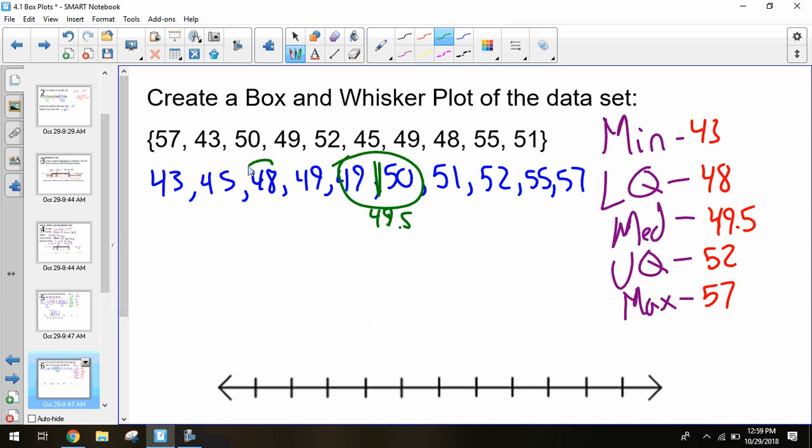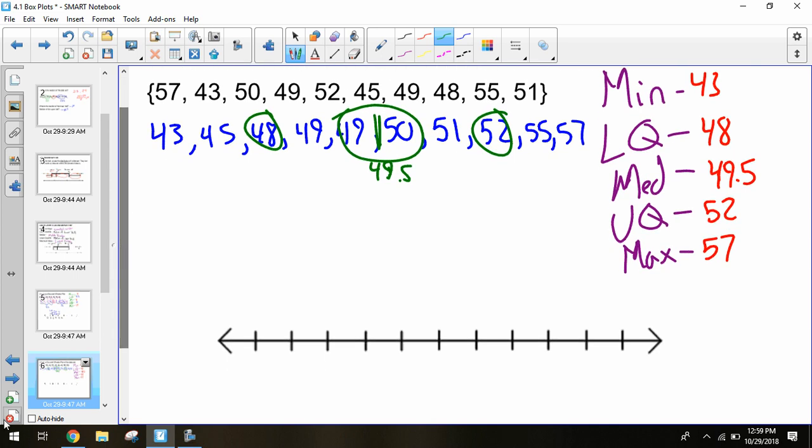So from there, we end up with 50 and 52 as our upper and lower quartiles, because we're including that 49 and 50 in those upper and lower halves. From here, we can then go on to creating our box plot. There's different ways depending on what scale you use for your box plot. It might change the shape of it. I'm going to go from 40 to